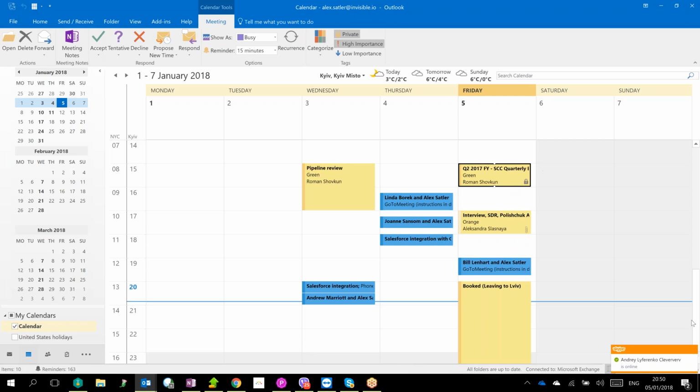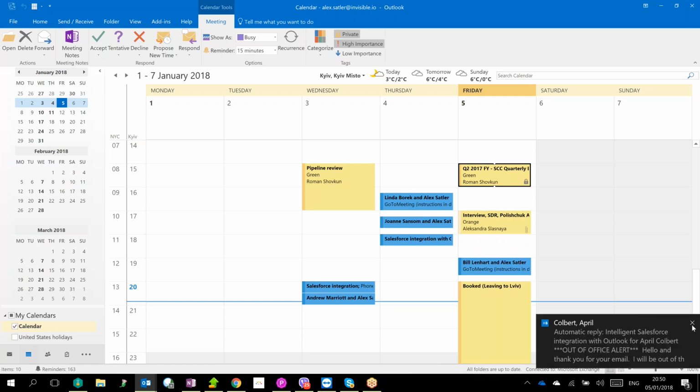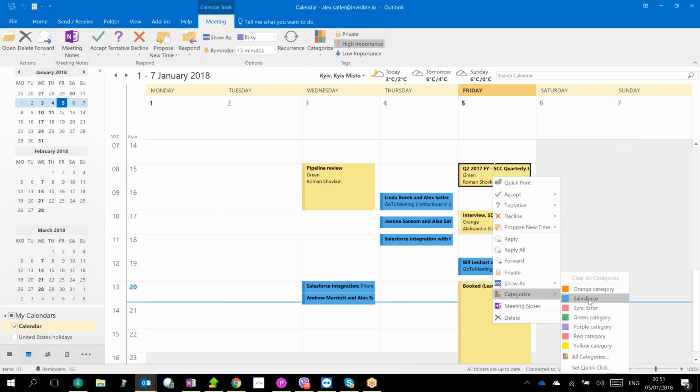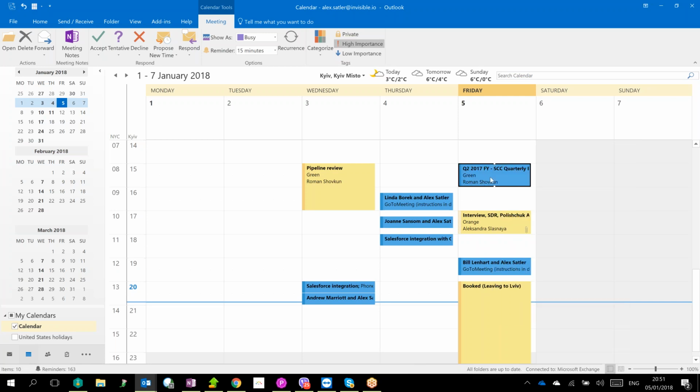Now, the question is, how do I do that manually? First option is just to mark whatever meetings you want to synchronize with Salesforce manually. Now, how do I do that? One of the easiest ways is just to mark whatever meeting you want to go into Salesforce with the Salesforce category. So just right-click on that event, categorize, and choose Salesforce. You see it changes the color to the Salesforce category, and that means that this meeting will now go automatically